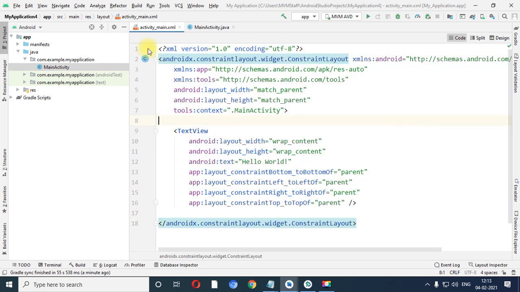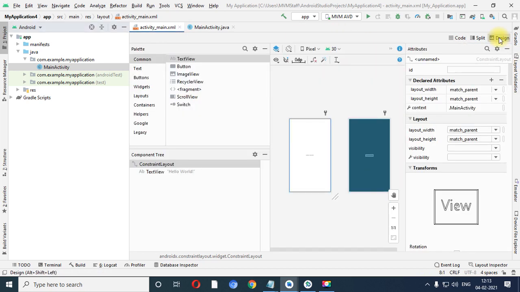Now see, if you want to switch into the designing mode, you have Design over here, and over here you have the palette, attributes, and the designing screen. Similarly, there is a component tree which contains the list of all the components, or we can say widgets, which you have placed inside the designing window.